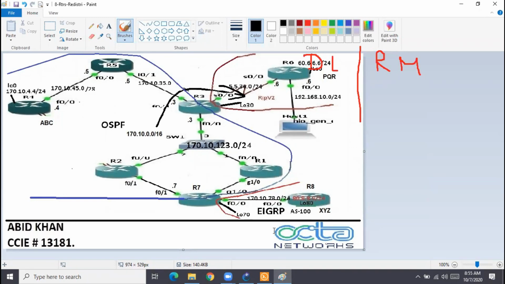That means the requirement is where? On R8. So it's a route filtering requirement on R8. What you will do? Now you have to decide how you will do this, with distribute list or route map. You have to decide because both cannot be used on R8. So which is the right one? To find out the right one, what you will do? You will ask yourself, how many protocols do you see on R8? You see the diagram, or you can do the show ip protocols command. So on R8, how many protocols do we see as per the diagram?